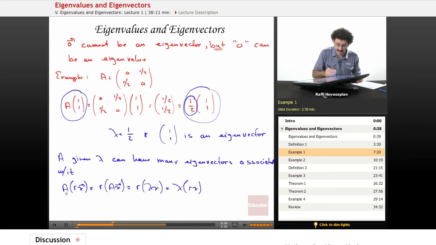So notice what I've got. A times r of x equals lambda times r of x. So if I have a given vector x, any scalar multiple of x is also an eigenvector associated with that eigenvalue. Okay. Let's do